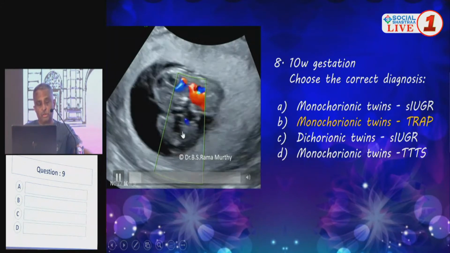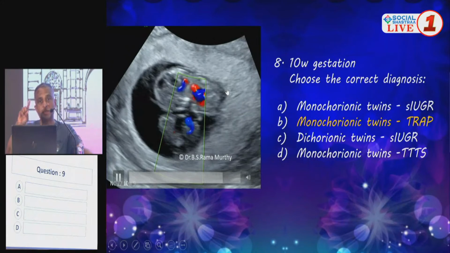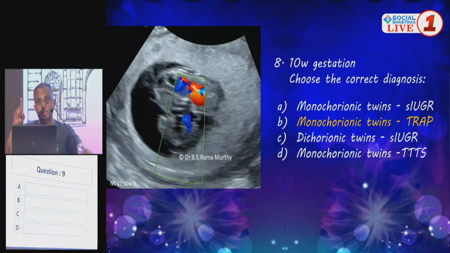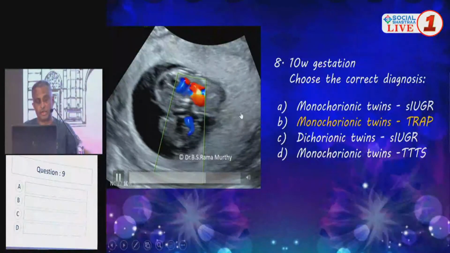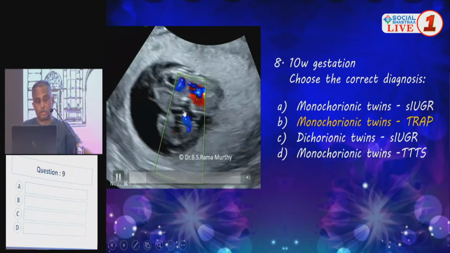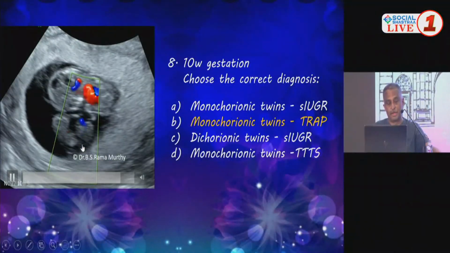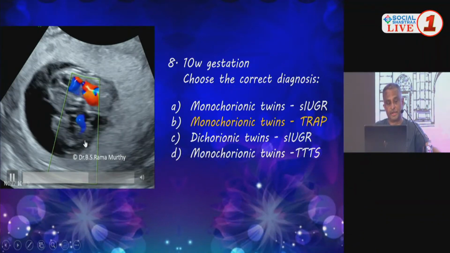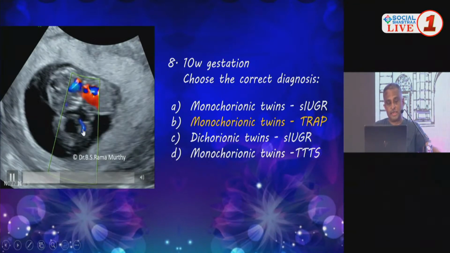Remember, both these fetuses have the same gestational age or different? Same gestational age, because it is monochorionic, and monochorionic means monozygotic. So both of them came from the same zygote which split. Therefore, both of them should have had this kind of configuration. Instead, you have an amorphous bit there, but what should catch your eye is the umbilical cord insertion of this bit. Now, this is pulsatile.